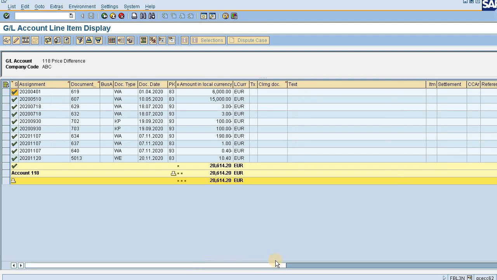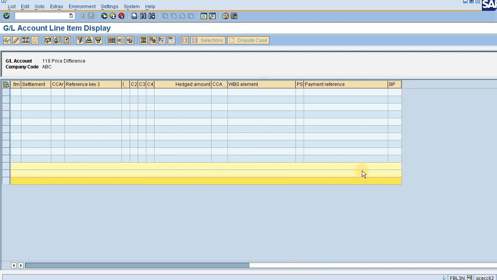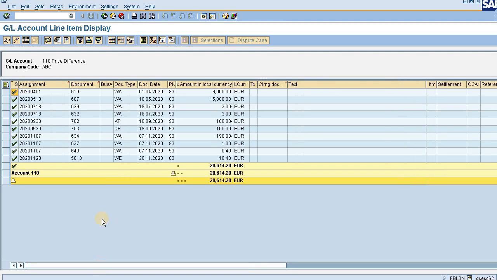Here all the details which I have taken up are shown. Here it is coming as blank, just because against those documents, against those GL, these fields have not been updated correctly. So this is one of the GL account reports, a very normal and commonly used report, that is FBL3N.